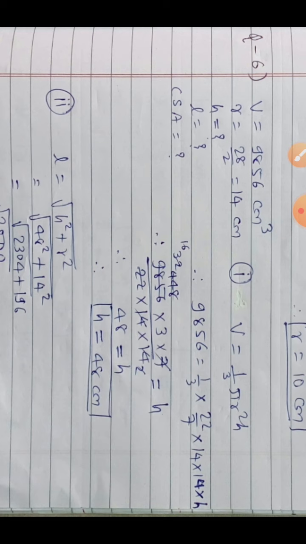Okay, so 22 and 9856 are cancelled. Then 448 was a multiple of 14, so it is divided by 14. So 14 multiplied by 32 becomes 448. Now 32 and 14 in the denominator are both divisible by 2, so they cancel. First of all, 7 and 14 cancel. So 7 2s are 14 and 2 16s are 32.